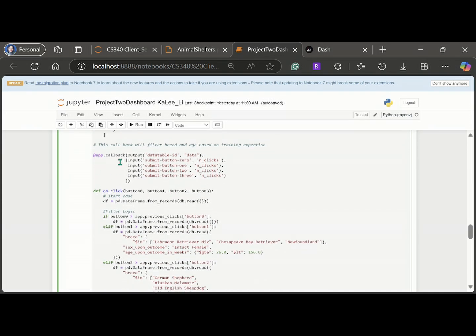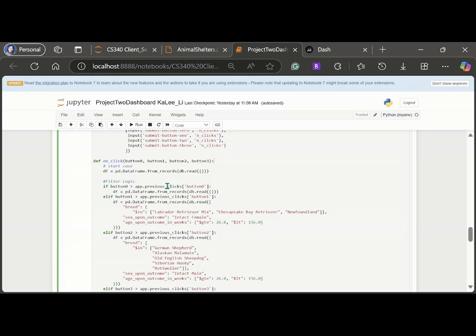And this is the callback and functions for the filter button. So as you can see, the input is button 0, button 1, button 2, button 3, and the submit button on n_clicks, and it will output on the data table. And this is the logic of the function. First, the very first, because it's the start case, it starts off with just all the data in the data frame